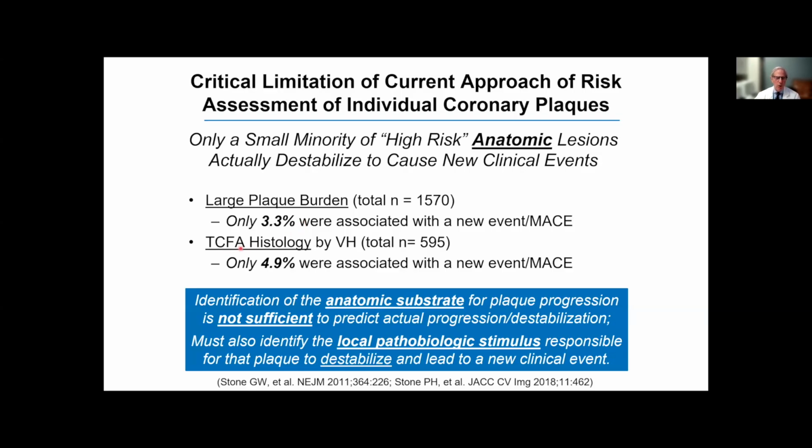TCFA, thin cap fibroatheroma histology, is thought to be so important. Less than 5% of those were associated with a new clinical event. So it's become clear more recently that identification of the simple anatomic substrate, which is necessary but not sufficient, is indeed not sufficient to predict the individual plaque that will progress and destabilize. And so we must also identify other local pathobiologic stimuli